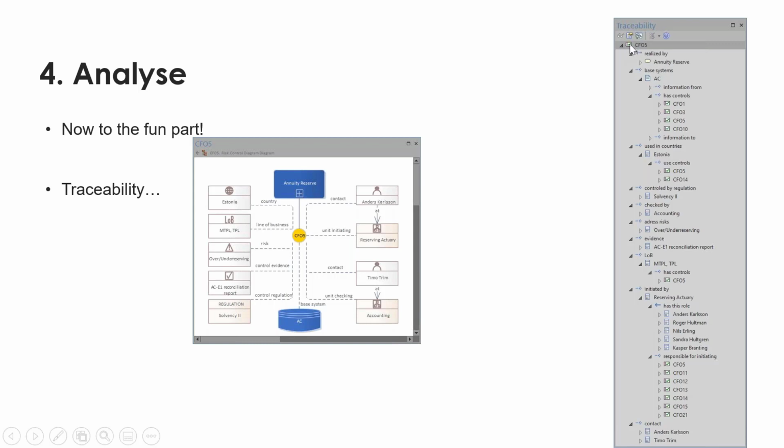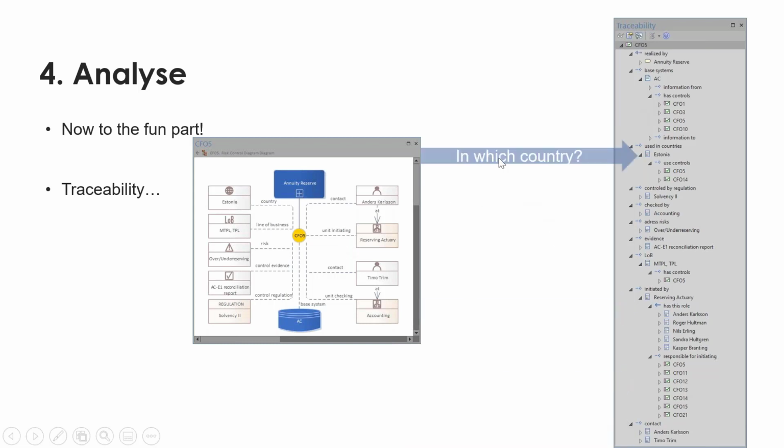Unfortunately, the traceability doesn't use the icons that are defined by the MDG. I don't know why. It looks very nice in the project browser, but not in the traceability. It shouldn't be that hard actually to fix that. I asked Sparx to fix that long ago, but nothing has happened so far. So maybe sometime we'll see yellow dots here and blue ones here, so it becomes a bit easier to read also the traceability window.